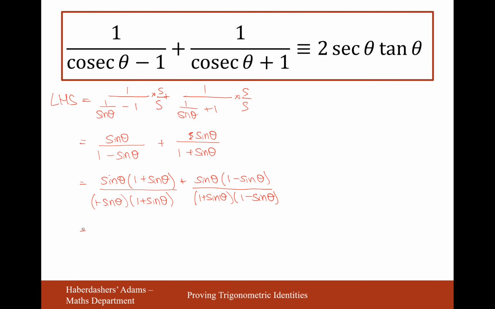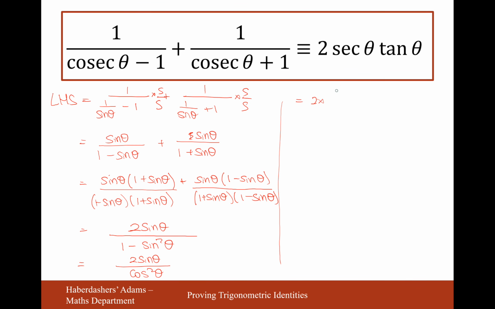Right then, now we can add these two fractions together, but I'll expand the brackets as I go. So sine theta plus sine theta is 2 sine theta. And then it would be sine squared theta minus sine squared theta, so those two will just cancel out. And on the denominator it would be 1 minus sine squared theta. Now we all know that this would turn into cos squared theta, so it's 2 sine theta over cos squared theta. And now let's try and turn it into what we want it to be,